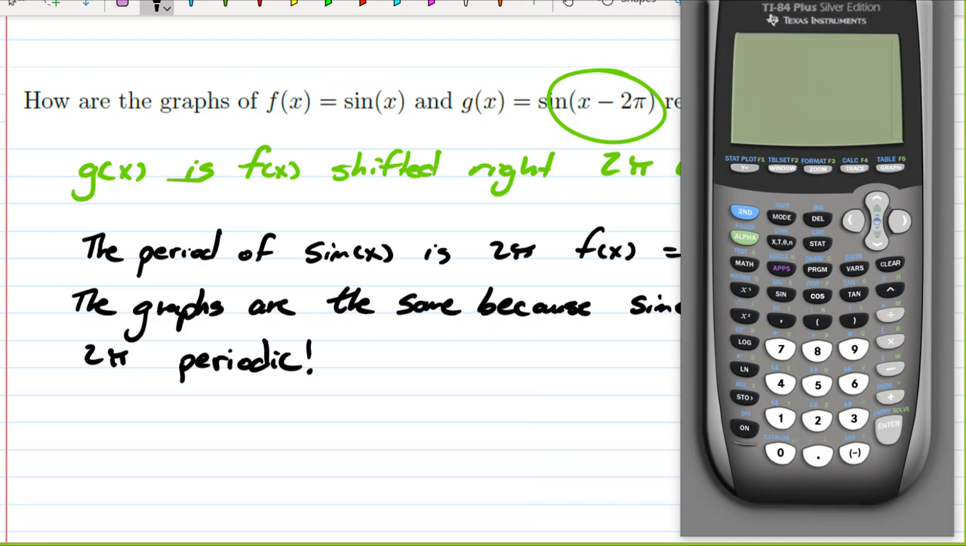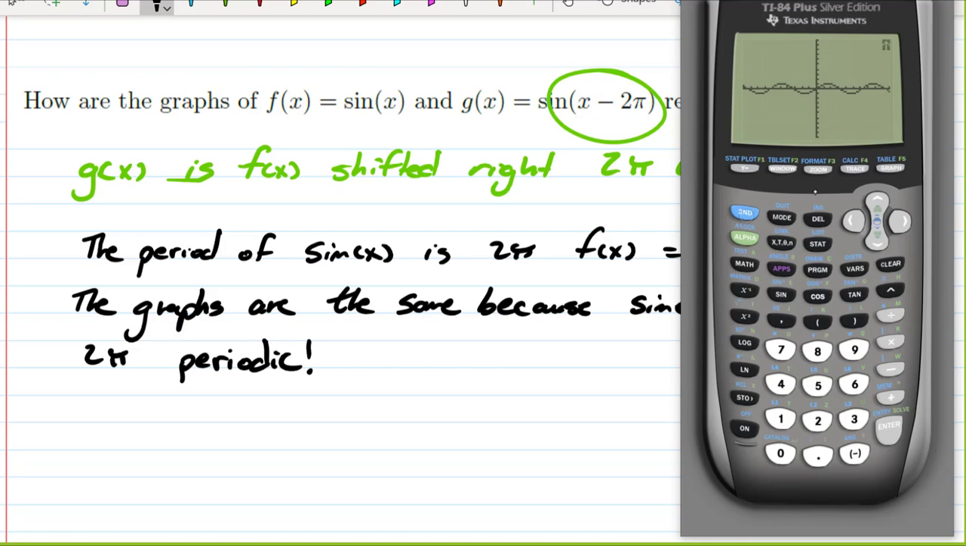Let's grab our graphing device and take a look at that. So if we were to clear out both of these, and if we grab sine x, and then we graph sine of x minus 2 pi, and I'm going to go zoom and choose choice number 6 to go back to my standard window. It first draws sine x, and then it's going to draw sine of x minus 2 pi, and we get